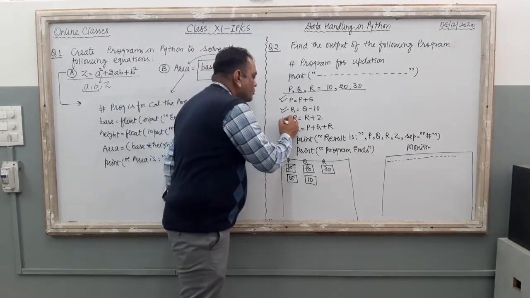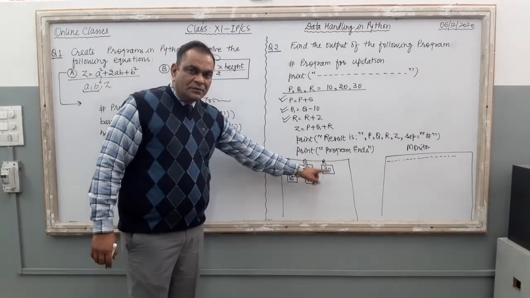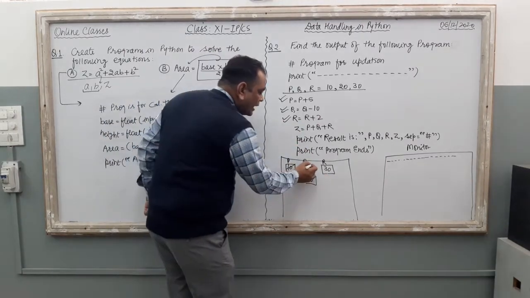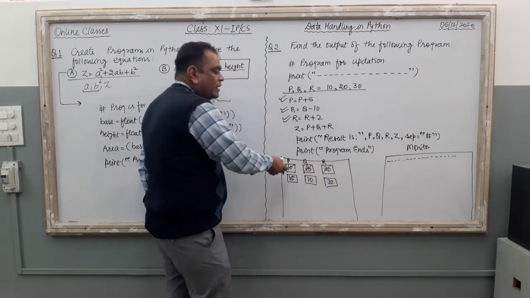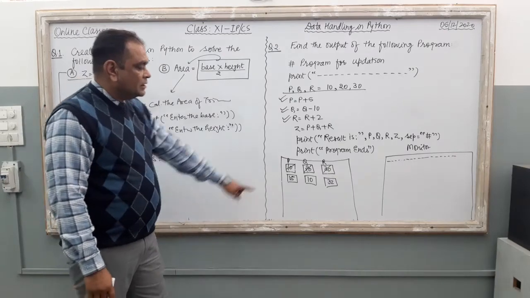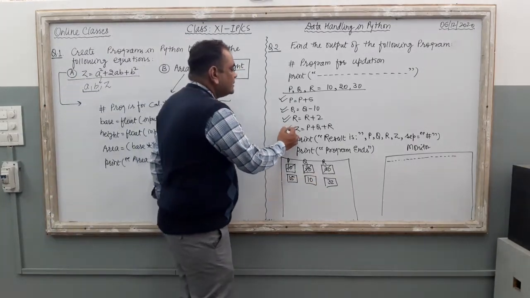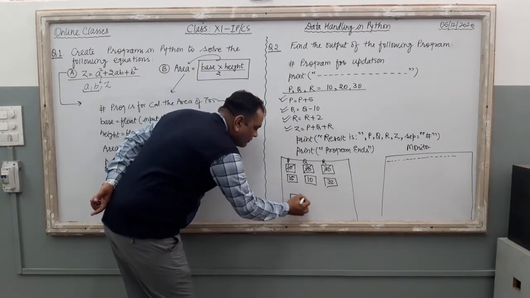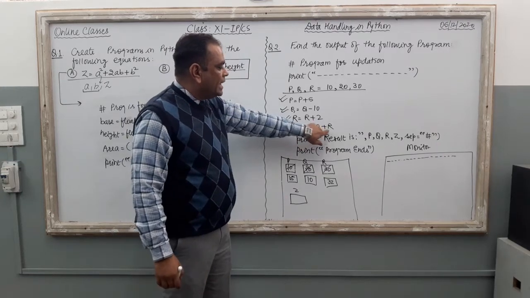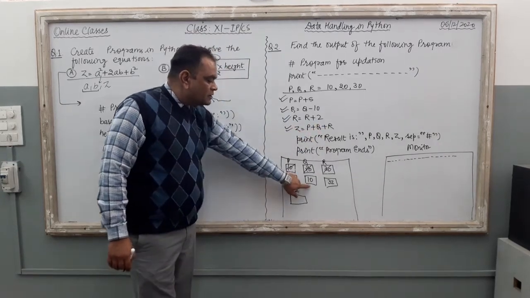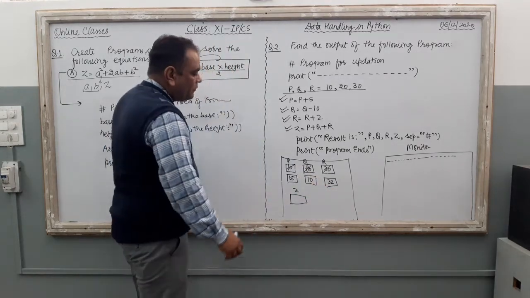Now the computer is going to execute this line: R equal to R plus 2. The value of R is 30. 30 plus 2. The new value of R is 32 now. So just put 32, and delete the previous value, otherwise you will get confused. This is there inside your computer's memory now. Now the computer is here at this point. Z means one new variable Z is created inside the memory, and this variable holds the addition of these three variables, P, Q, R. 15 plus 10, 25. 25 plus 32, 57.